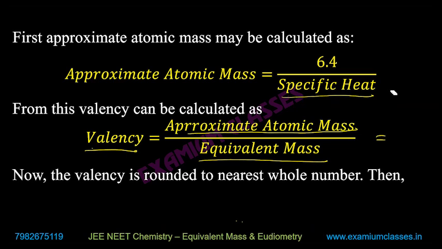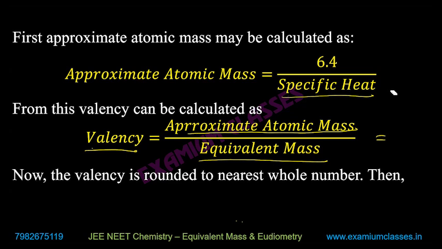Here I'm just telling you the definition. Specific heat is that amount of heat which increases the temperature of the substance by 1 degree. So we've heard about it in physics also. Good, very good. So specific heat is that amount of heat which increases the temperature of the object by 1